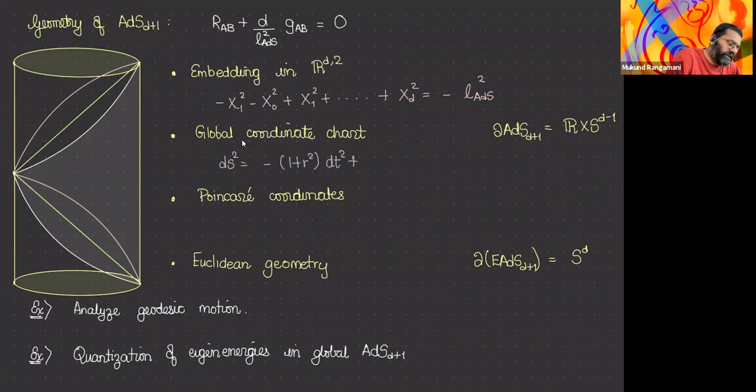Okay, I'll use the same coordinates for different charts, but hopefully it should be clear what I mean from context. So the global coordinate chart is basically one where you have rotational symmetry in d minus 1 space dimensions, and you have a time-like Killing field. So this time t is the global time coordinate, and with these coordinates, it's very clear that the geometry